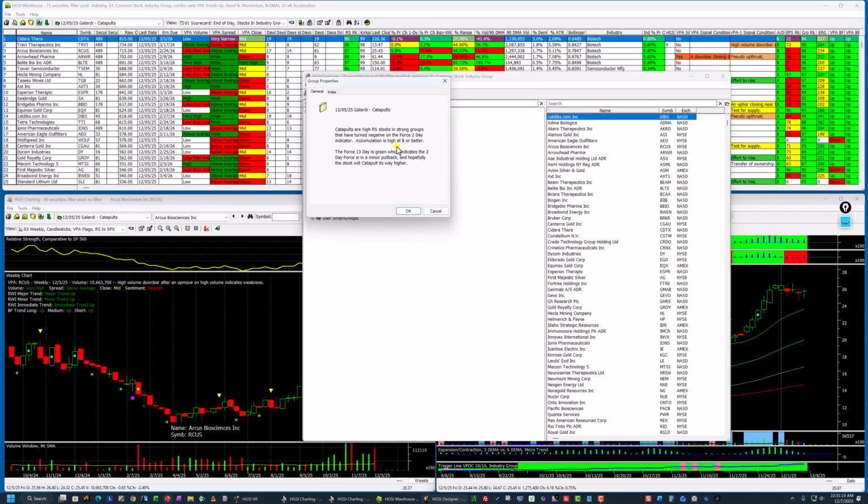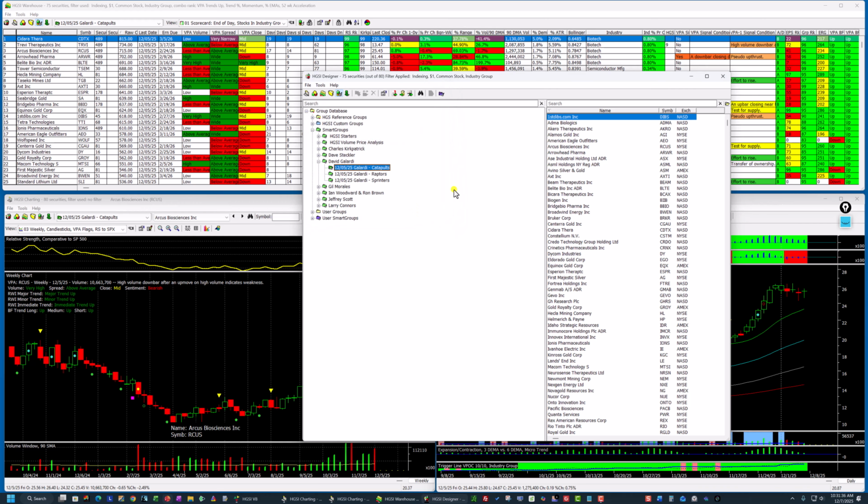Accumulation is high at B or better. The Force 13 is green, which indicates the 2-day force is a minor pullback, and hopefully the stock will catapult its way higher. That's where the name comes from. Now, the Force Index is today's volume times yesterday's volume times today's price, and we use a 2-day and a 13-day. There are some other options in the software, but these